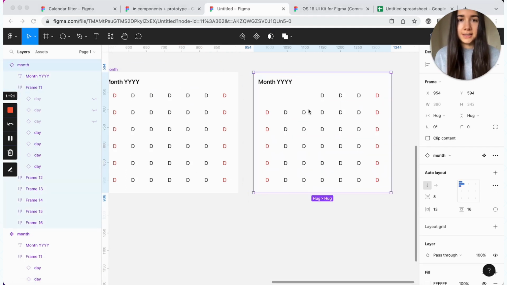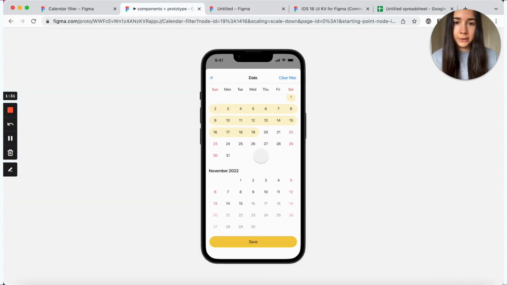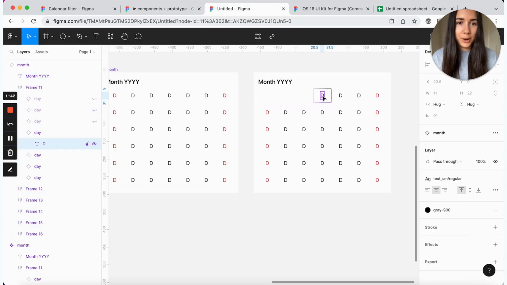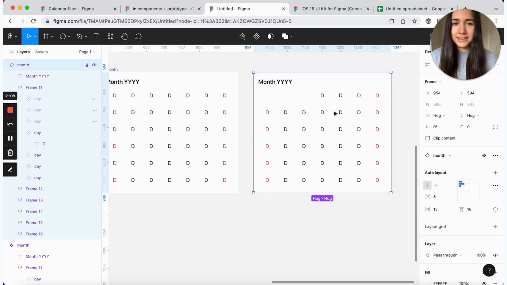Now we can start adding some real data to our month here. And for this example, we'll just have 3 months. We'll do September, October, and November. There are a couple ways to do this. The first thing is just manually going one by one through each day and replacing it with a number, which does require some time. There is another way. We can use the Google Sheets Sync plugin to help us populate the data faster. The only problem with that method is that the plugin would not work when we have an instance of the component. Not exactly sure why that happens, so we would have to detach the component to do that.